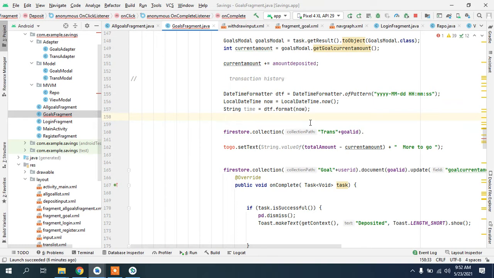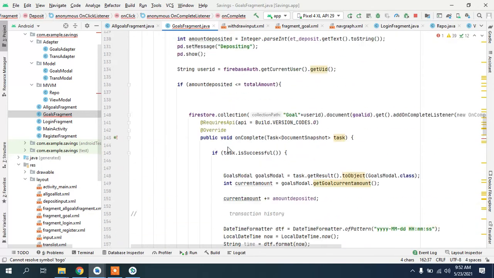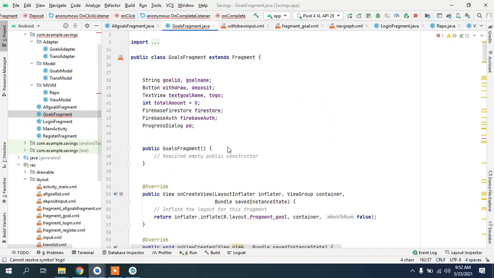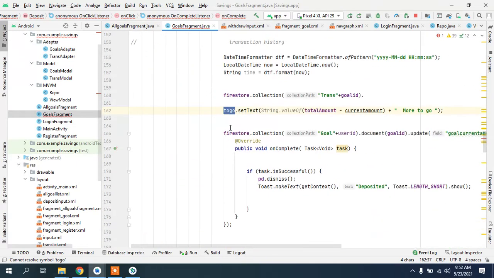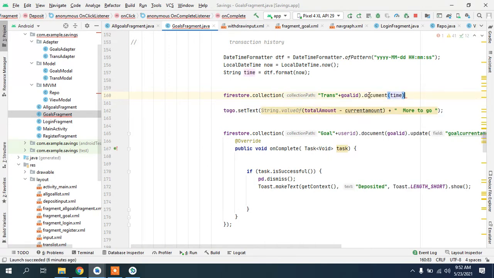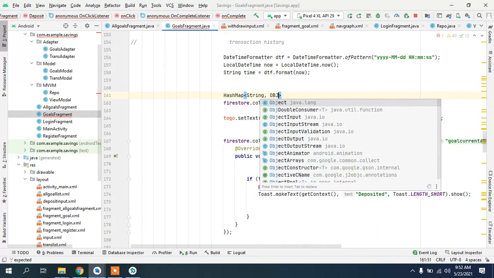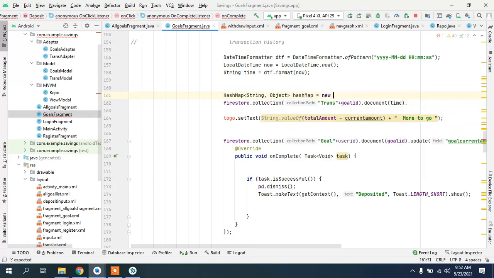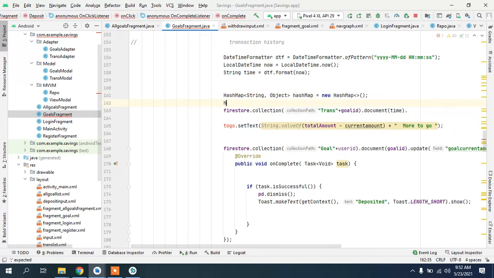Okay, yeah, perfect. So the time, and we are going to, what is the problem to go is some problem up in here. Okay, so the document is going to be sorted by the time, and let's just get a HashMap of String, Object, although we don't need a HashMap for this because there is one field, but we'll just do it anyway. Put trans,